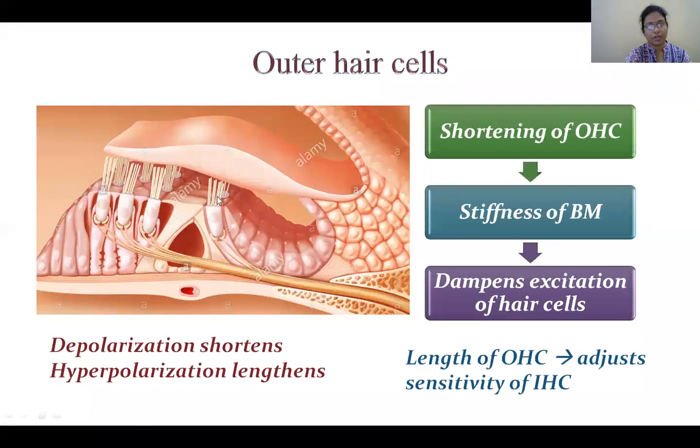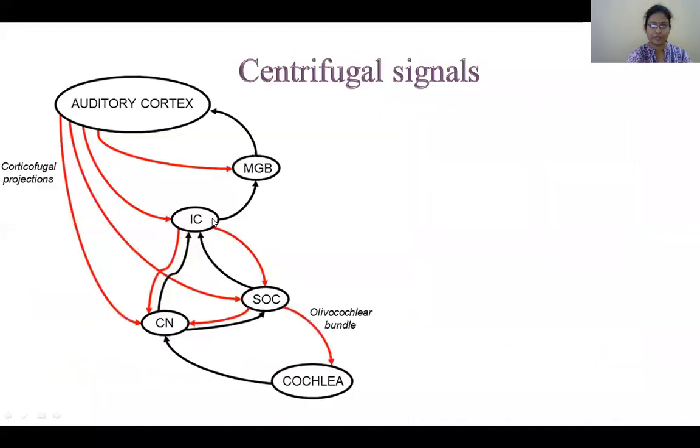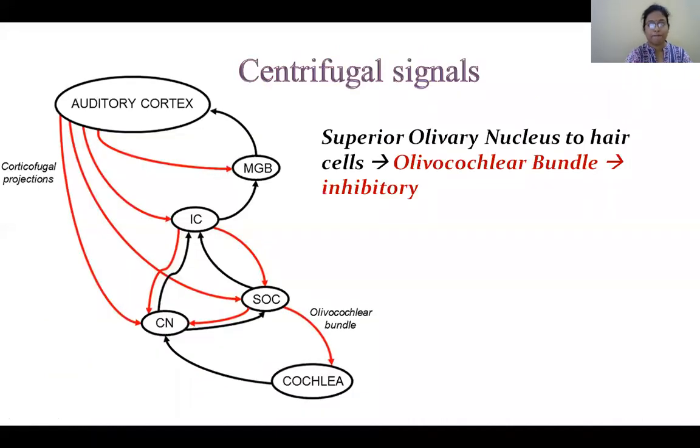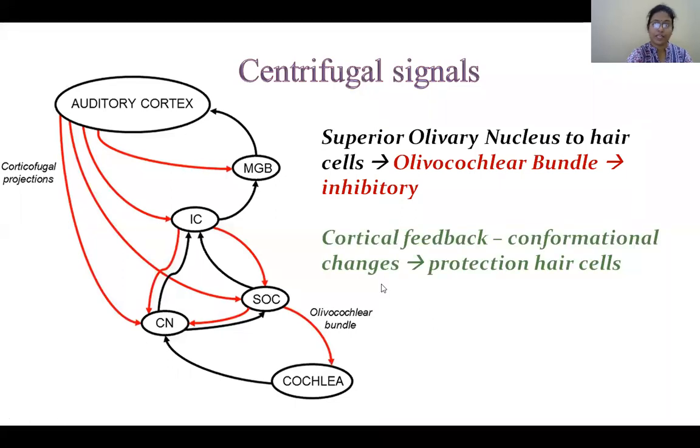So the length of the outer hair cells helps in adjusting the sensitivity of the inner hair cells. From the superior olivary nucleus, the bundle which connects to the hair cells is the olivocochlear bundle. The olivocochlear bundle is usually inhibitory in nature. The inhibitory nature is because of the release of acetylcholine at the level of hair cells. Thus, we can say that this cortical feedback causes conformational changes in the outer hair cells, which helps in protection